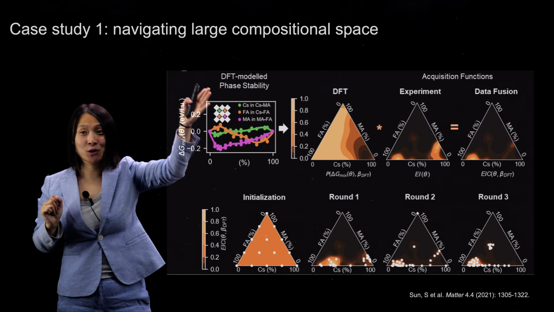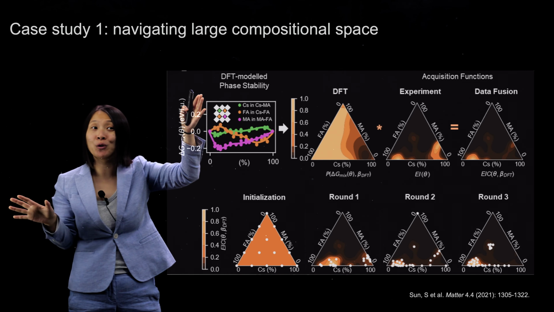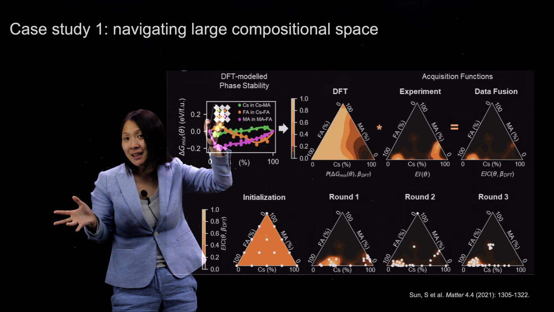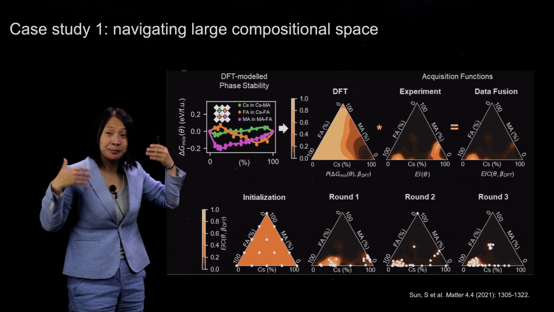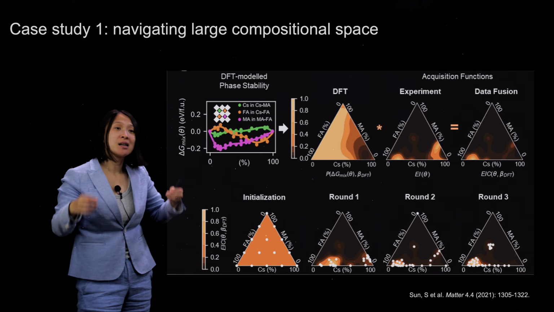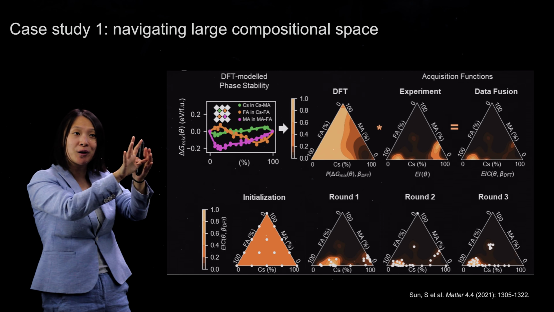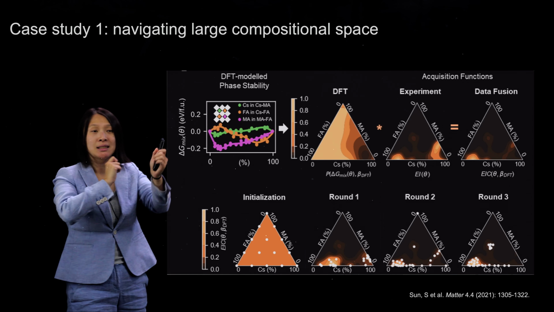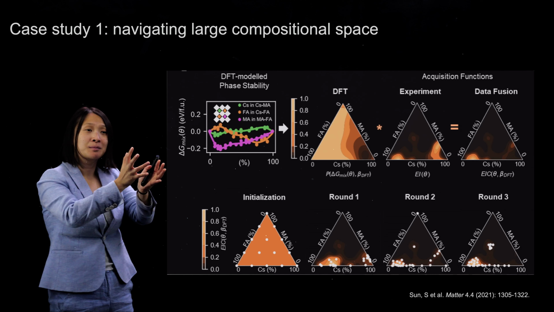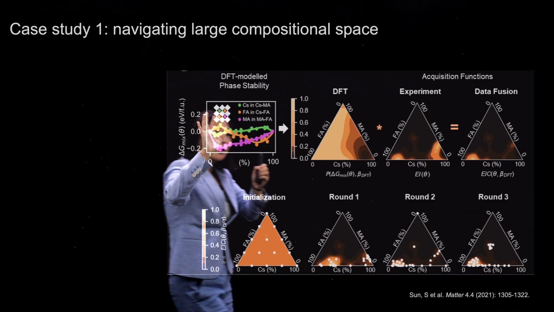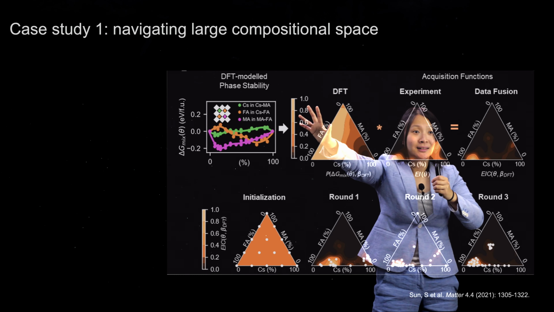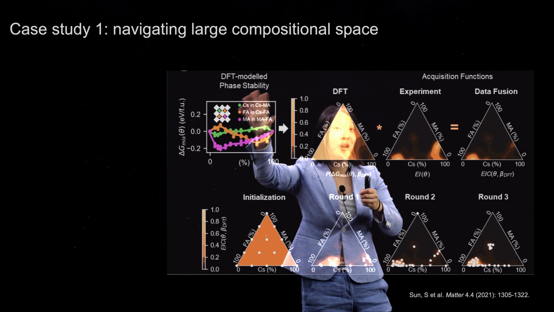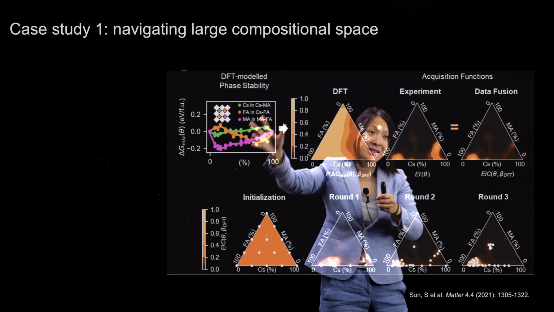So here on the screen, you see DFT modeled phase stability. DFT is density functional theory. This is a first principles calculation of how stable the perovskite semiconductors are. But in short, what we did is we take this additional information from the first principles calculations, and then